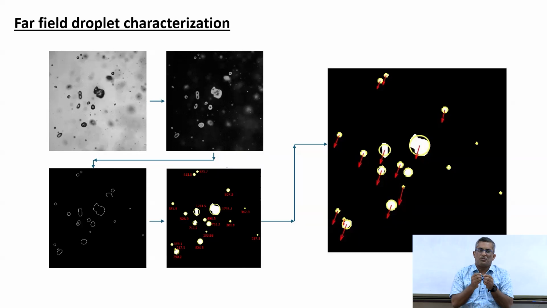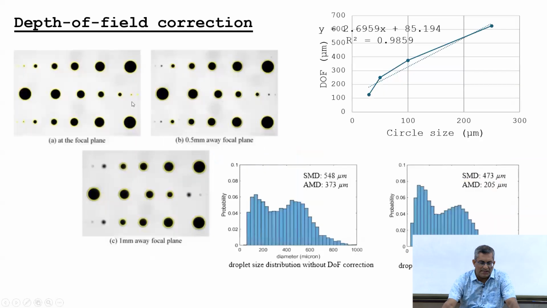So, the smaller the particle size, the smaller is the depth of field, or it can get defocused as soon as it is a little bit out of the plane of focus. However, a large particle would remain focused for a larger depth of field. Now, as a consequence, when you do image processing, you always tend to reject small particles, because they can easily be out of focus, and you detect more of the larger particles. This can introduce a bias, and this can be taken care of by